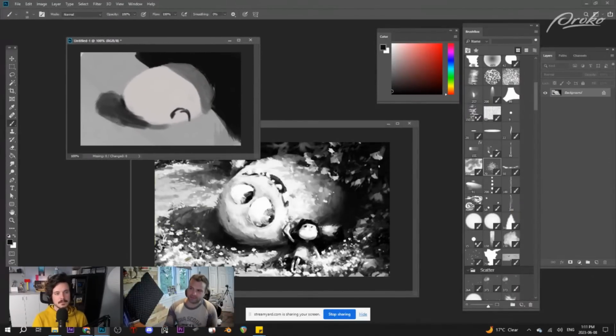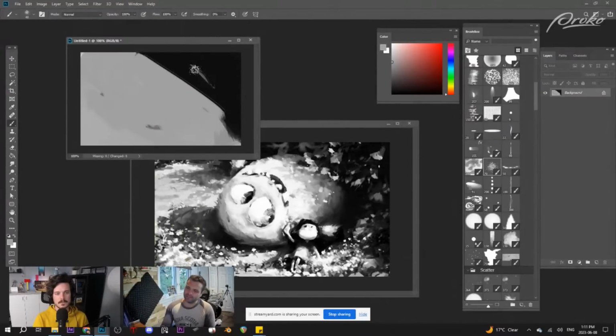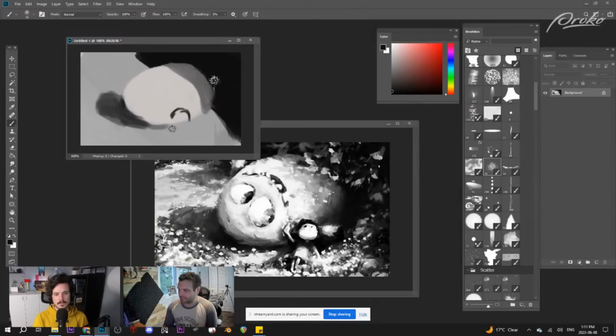And what I'm trying to do again is I start with the biggest possible relationships first. For those who missed it, it was just like this. Basically the shapes were just like this. And now I'm trying to break into that structure by adding more shapes, but that doesn't disturb it. And it's all about your own visual analysis to determine whether you're disturbing it too much or not enough or whatever. One of the key principles I use, though, is the idea of overlap, meaning one shape is in front